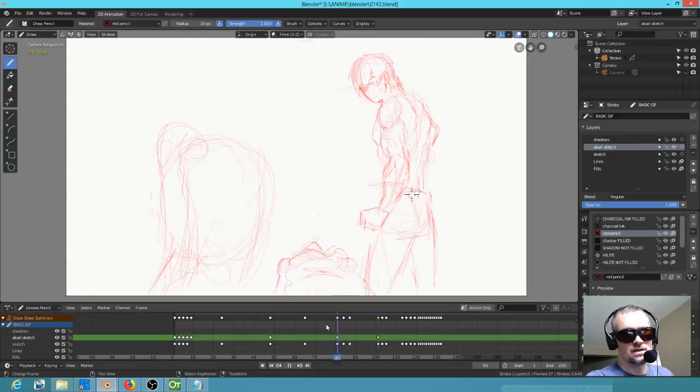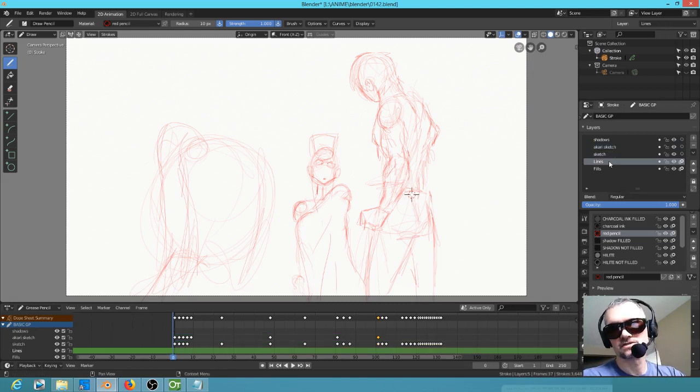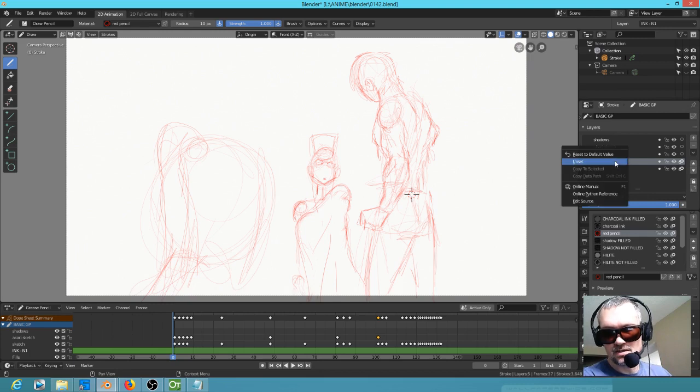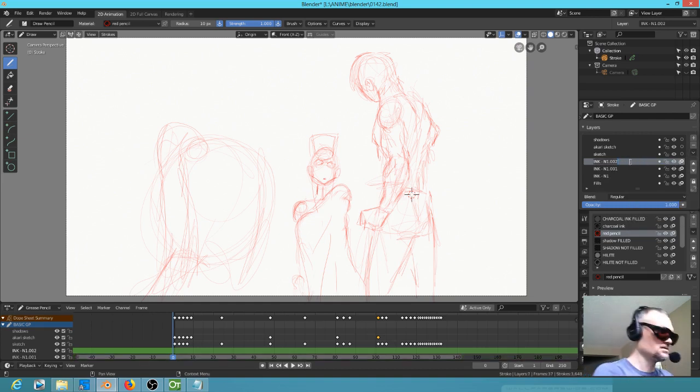So, in order to accomplish this, we want to be somewhat intelligent about our ink work. So, with that in mind, I'm going to go here to this, it's called lines, but I'm going to change the name to ink N1. Is there a simple way to duplicate a layer here? Duplicate. Duplicate. Okay, so